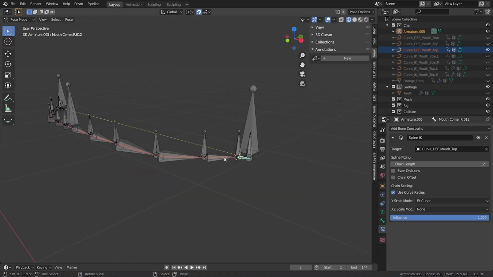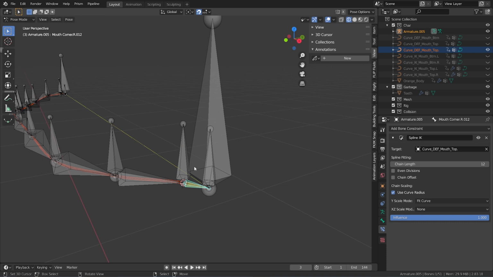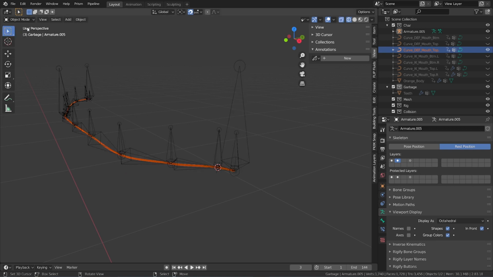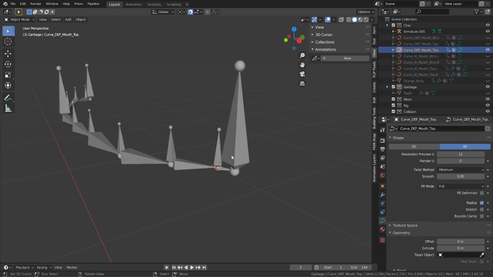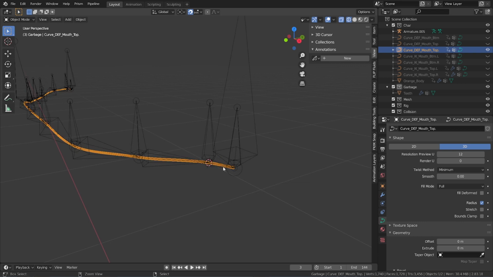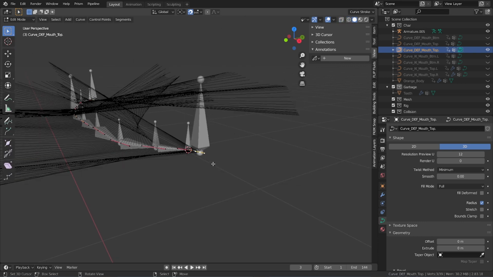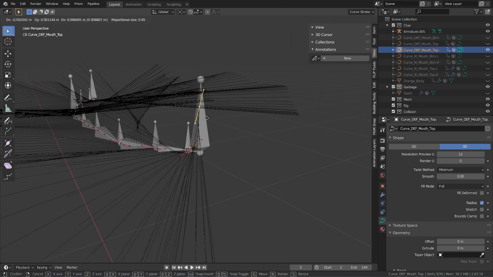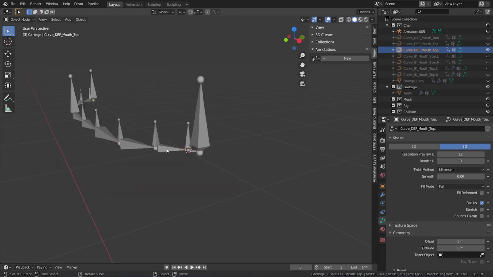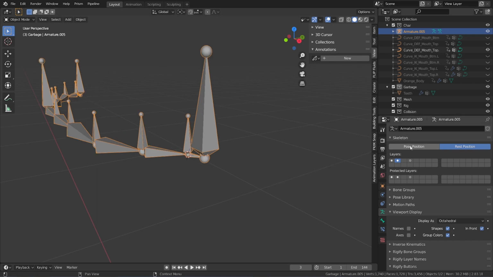We gotta control the system. So what we need to do is go back to the curve, and then for now go back to object mode, get out of pose mode, and then we need to control the curve, basically, right? The curve will move. Oh wait, first we need to undo the, go to your bone system,